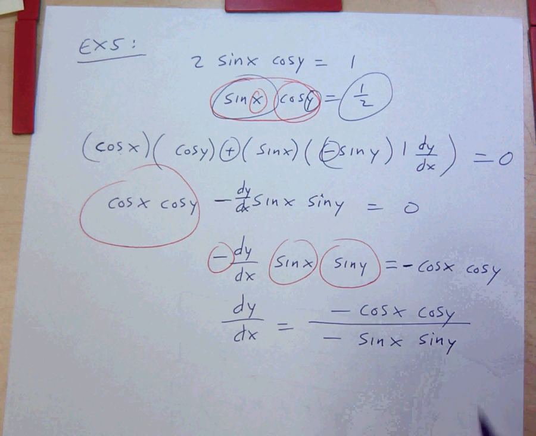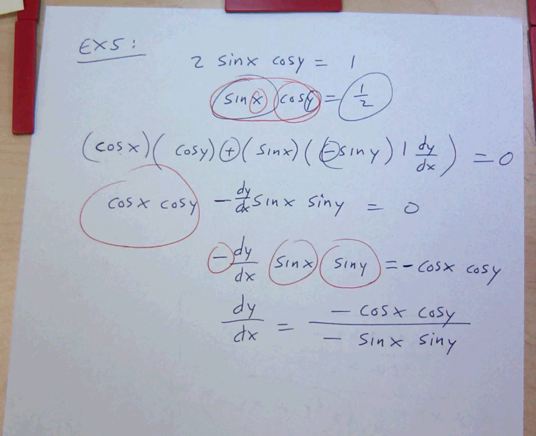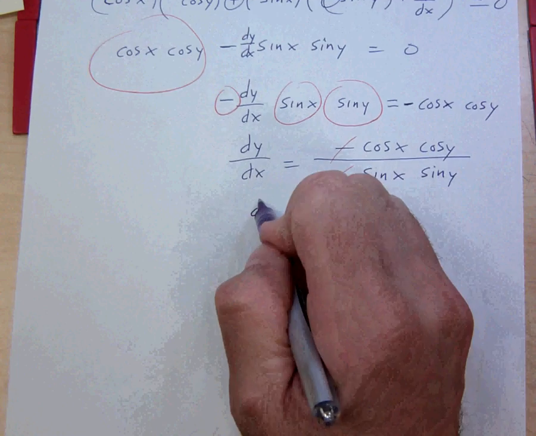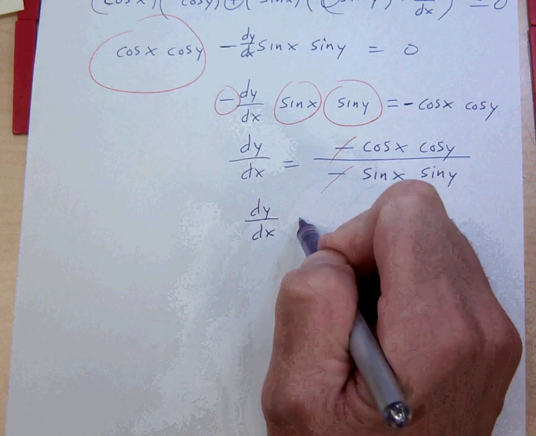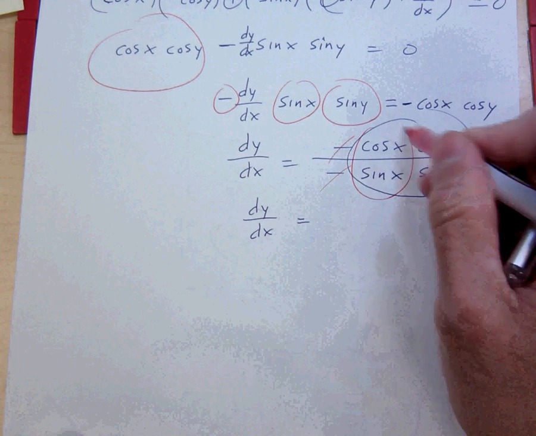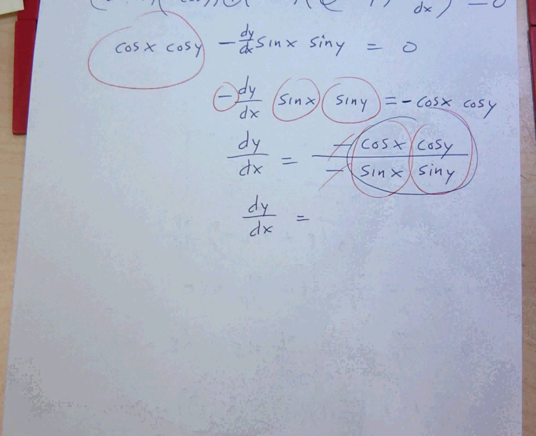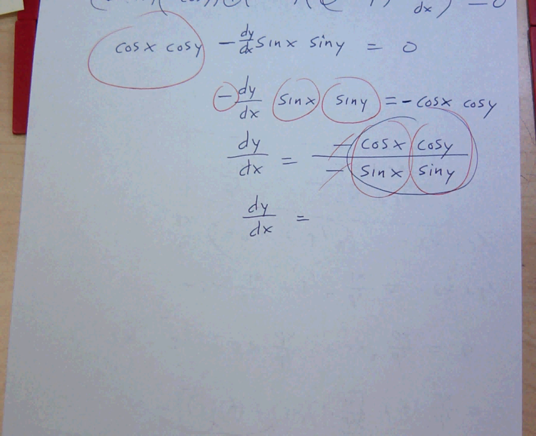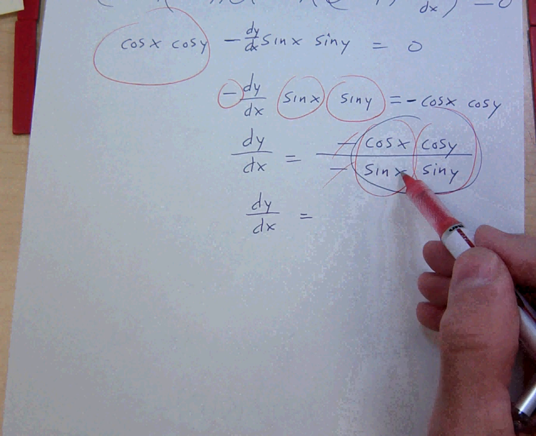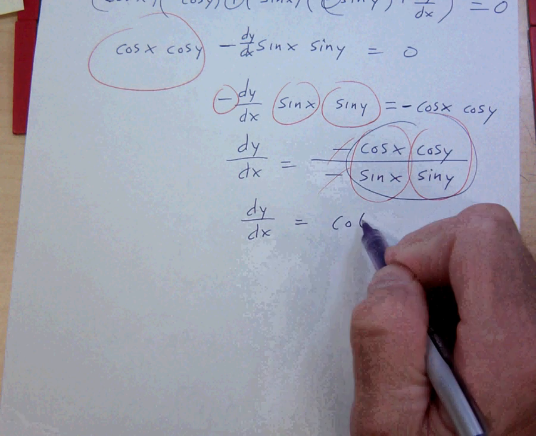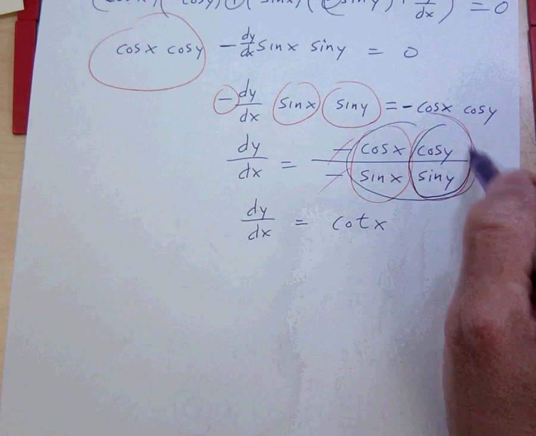All right. Now, watch what happens. Obviously, those cancel, yes? And what you're left with, if you think about it, is this fraction, right? But if you want, can't you think of it as that fraction times that fraction? Isn't that the same thing when you multiply fractions? And why would I want to do that? Well, what is cosine of x over sine of x? That's the same thing as cotangent of x, exactly. Same thing here, right? This is the same as